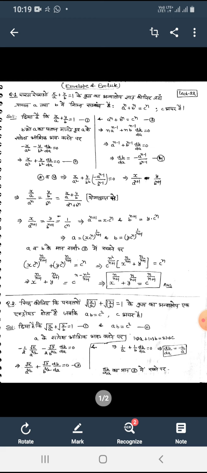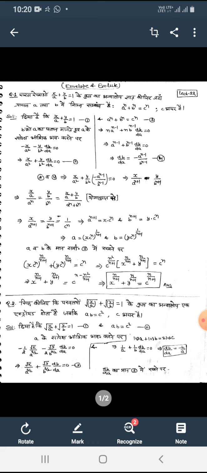By equation number 2 and 4, x upon a square plus y upon b square into minus a raised to power n minus 1 upon b raised to power n minus 1 is equal to 0, implies that x upon a raised to power n plus 1 is equal to y upon b raised to power n plus 1, implies that x upon a raised to power n plus 1 is equal to y upon b raised to power n plus 1 is equal to x upon a plus y upon b upon a raised to power n plus b raised to power n. योगानुपात से, by componendo,